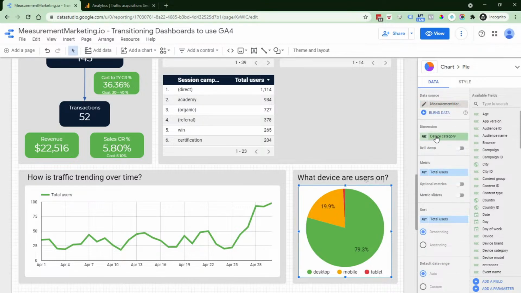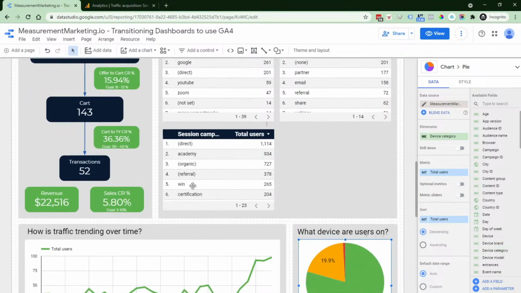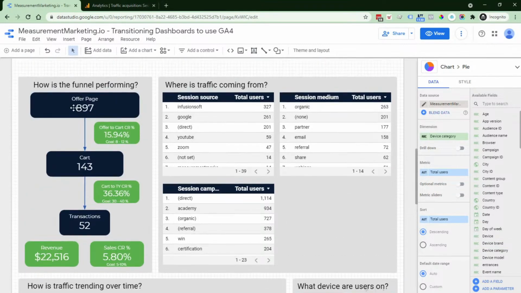There we are. And so device category apparently was in this right spot, and it had a dimension that was named the exact same thing. So this one actually stuck. So we're great. Then let's go ahead and adjust our funnel, which I know that's what all you have been